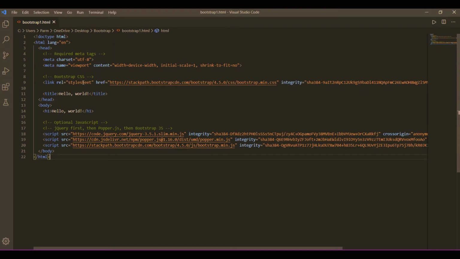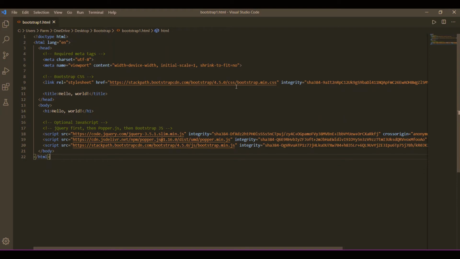Then this file must be included whenever we use Bootstrap in our pages. This is what is called the CSS file of Bootstrap, in order to use the CSS properties of Bootstrap 4. This can be included in two ways.